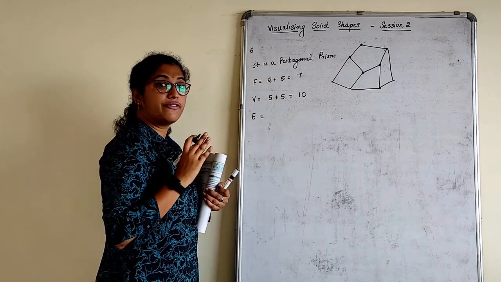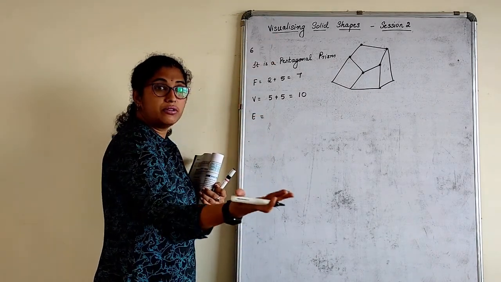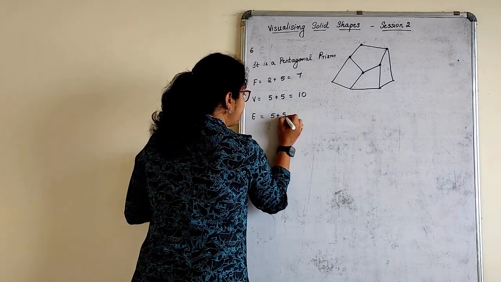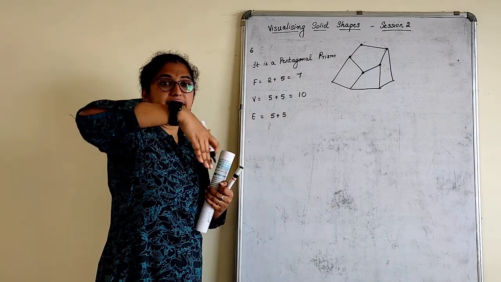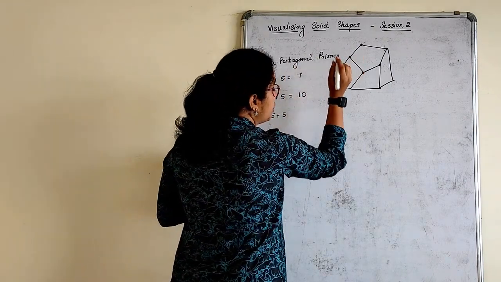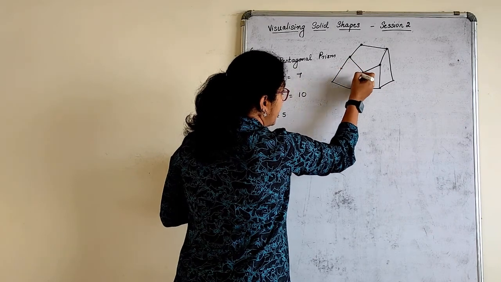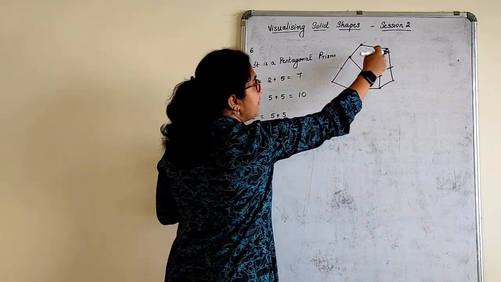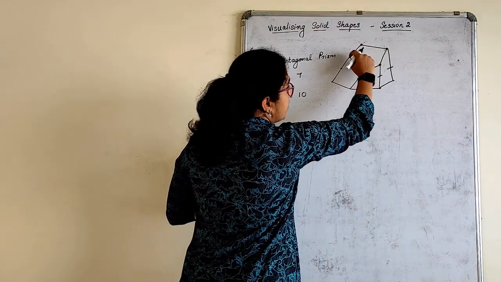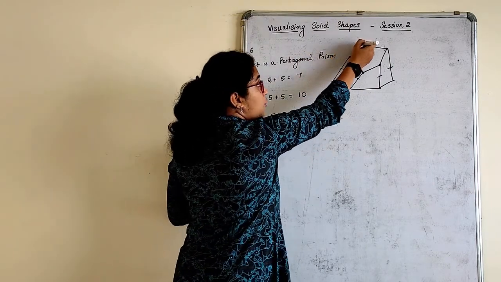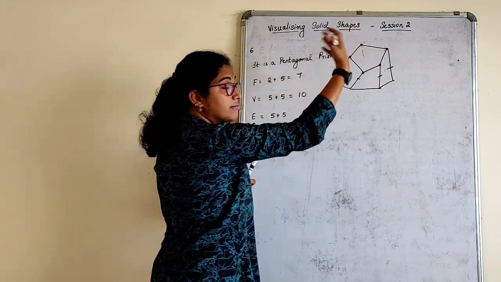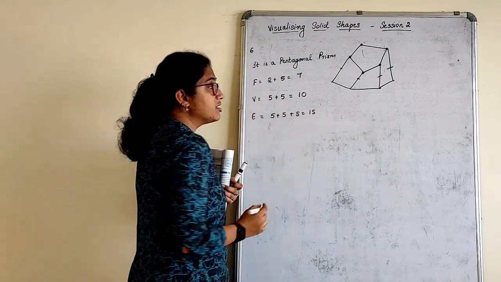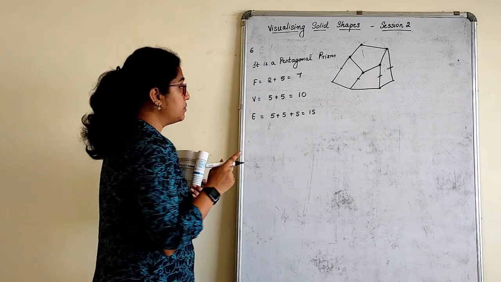Edges. Edges also, first of all, what we will do is 5 at the top we will count, 5 at the bottom we will count. Line segments, 5 plus 5. How many more will it have? Count here now. Don't over count it. I'll just put one tick mark. 1, 2, 3, 4. Now 4 is there. There will be one more line. This is already the line, this is already the line, what you can't see behind. One more line will actually come from the behind part. So it is 5. 15. Understood how to count it? Be very careful in counting.